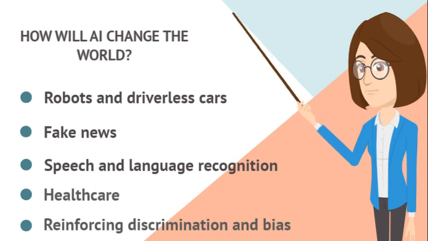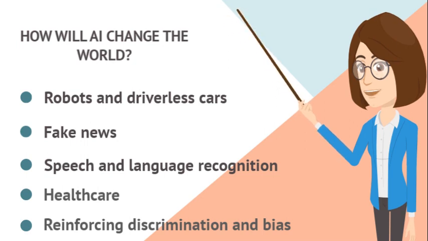Speech and language recognition. Machine learning systems have helped computers recognize what people are saying with an accuracy of almost 95%. Microsoft's Artificial Intelligence and Research Group also reported it had developed a system able to transcribe spoken English as accurately as human transcribers. Healthcare. AI could eventually have a dramatic impact on healthcare, helping radiologists to pick out tumors in X-rays, aiding researchers in spotting genetic sequences related to diseases and identifying molecules that could lead to more effective drugs.